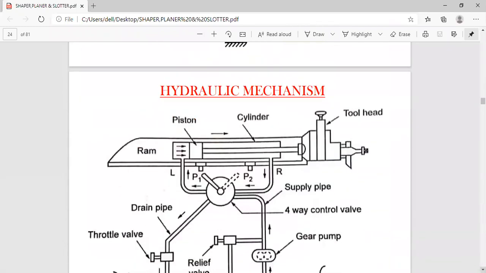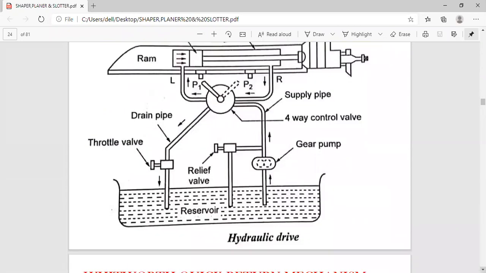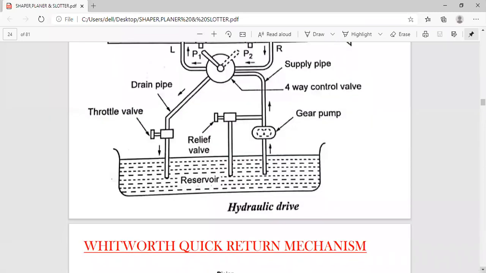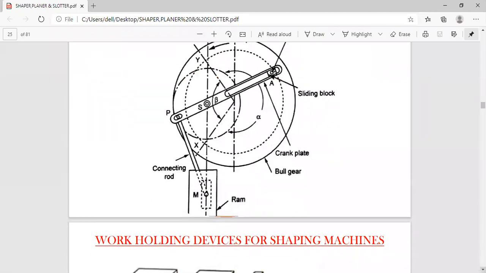Whenever we use hydraulic, along with the piston, how the valves are there, because in the lab you might have seen the different types of valves, and how the gear pump, the different types of hydraulic pumps, which is a gear pump. So all this we'll discuss, because we have to practice the diagrams. What is the role of the bull gear also we'll discuss. That is very important.